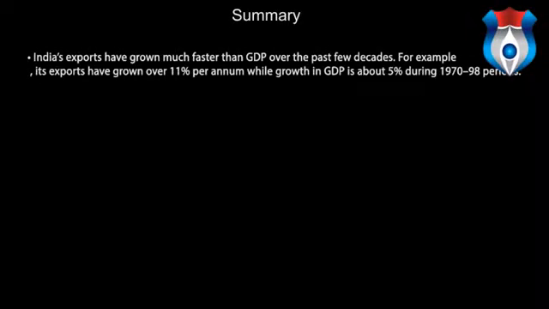Now, in the end, let us summarize what we have learned in this lecture. India's exports have grown much faster than GDP over the past few decades. For example, its exports have grown over 11% per annum, while growth in GDP is about 5% during the 1970 to